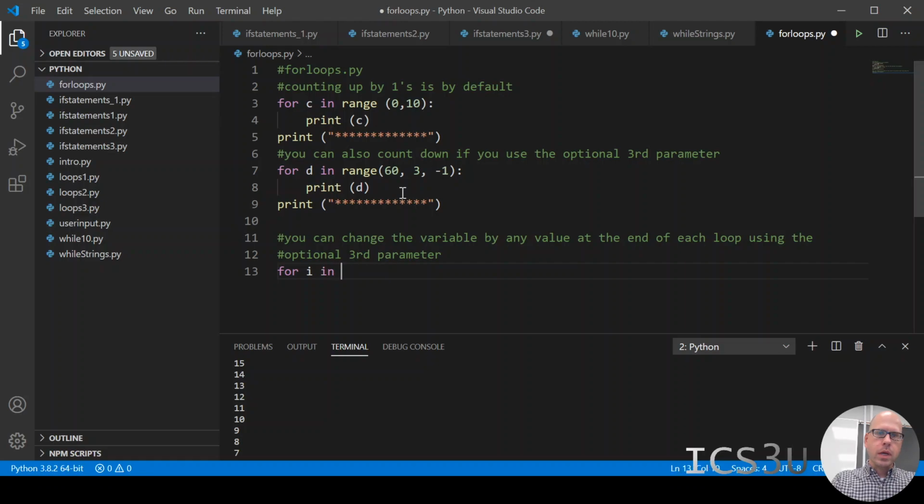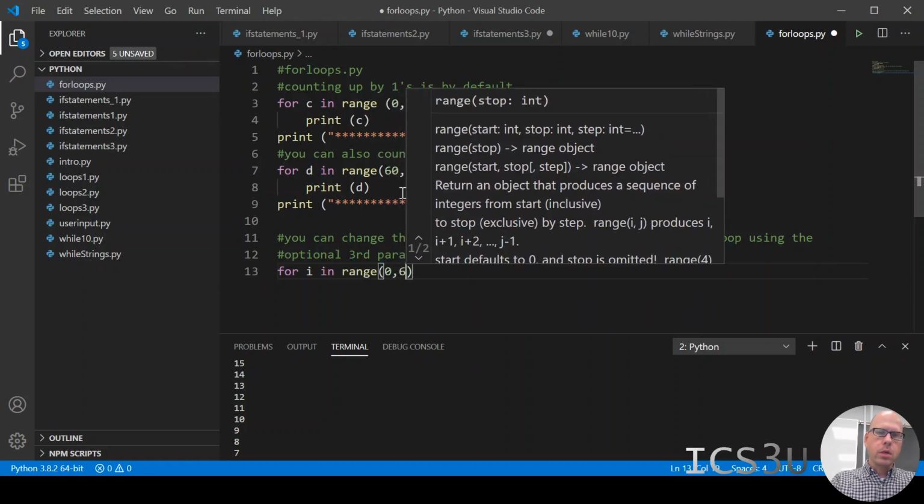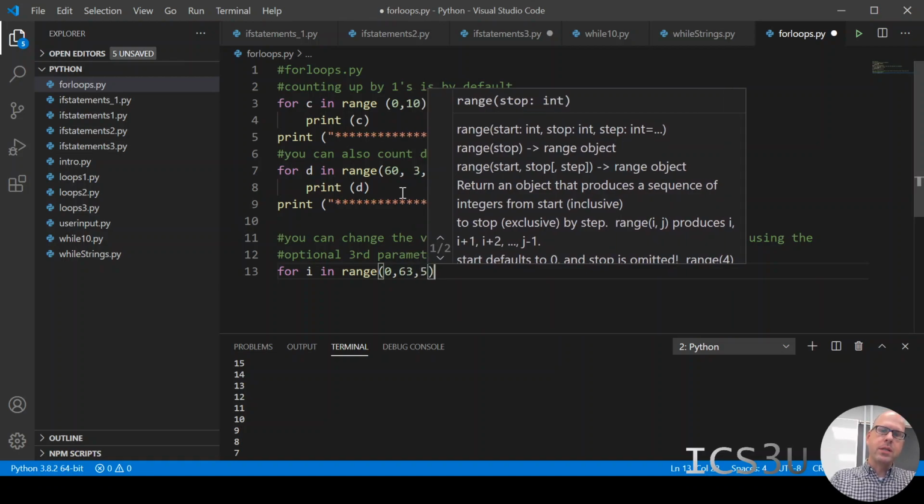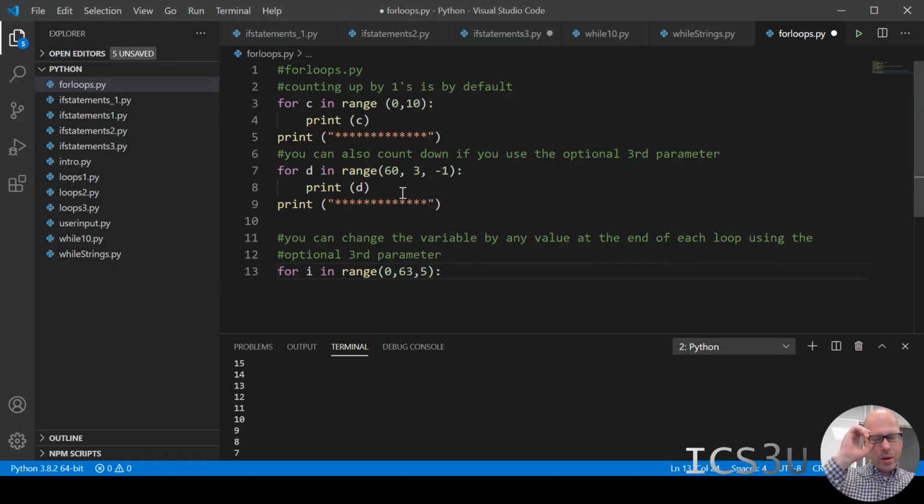So here's another for loop for I in range. My counter variable is now I, starting at 0, going up to 63 for some reason, and it's counting up by 5s. Now, you might think 63 does not divide evenly into 5, and you're correct. So let's see what it does. Print I. So when we run it,